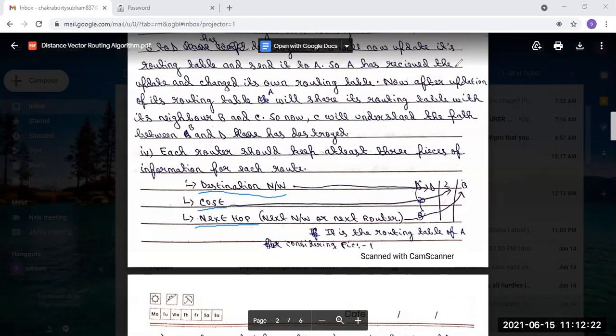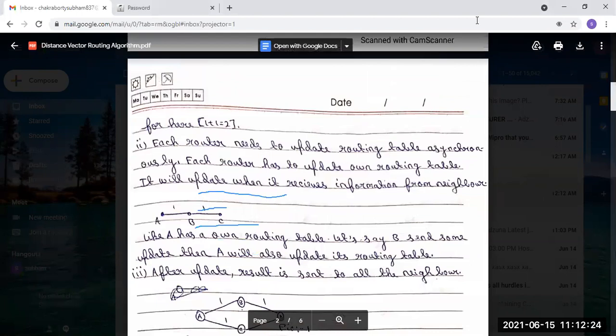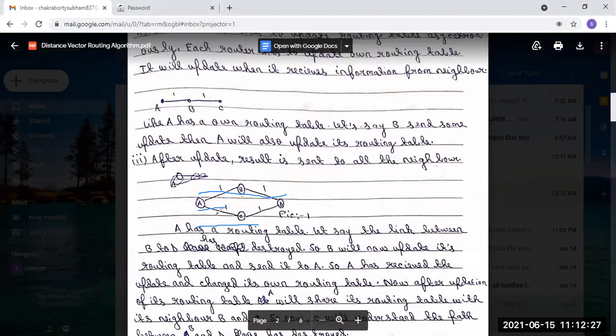Let's say we are considering this picture and A's router table. A's router table will consist of 3 pieces of information: destination network, then cost, and next hop. Let's say we are considering this route.